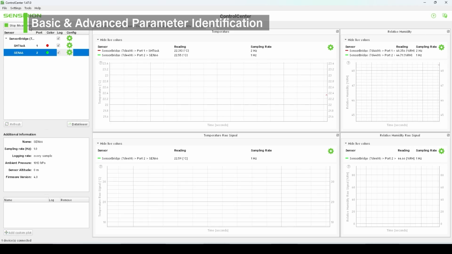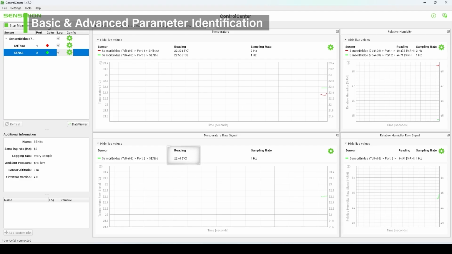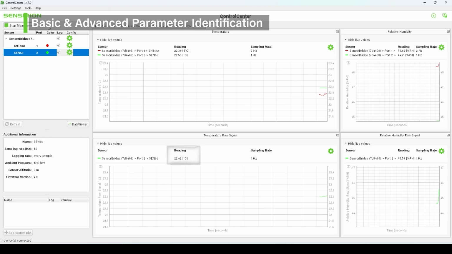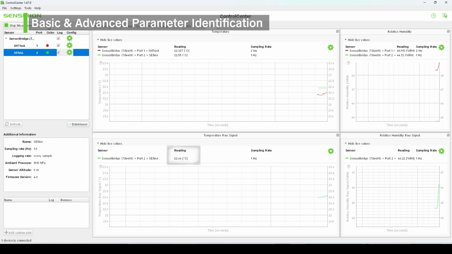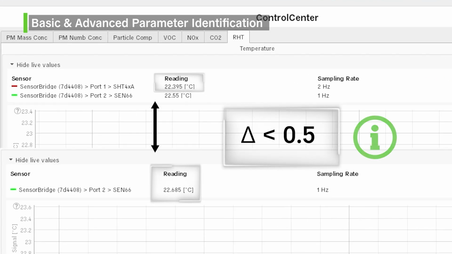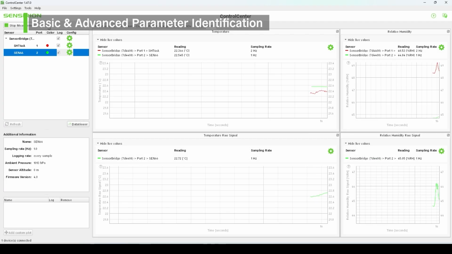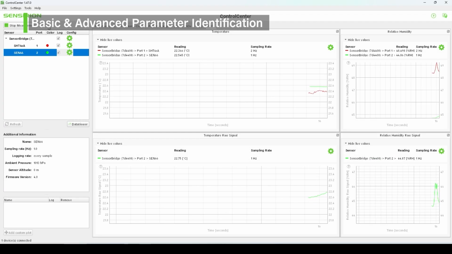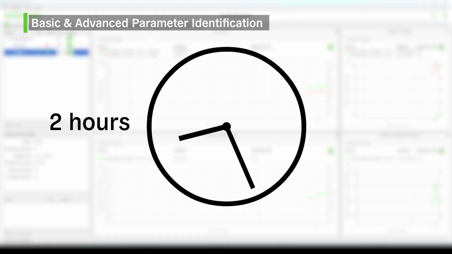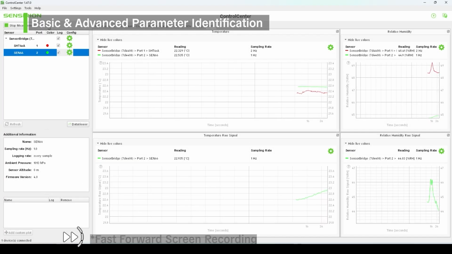Do all those steps as fast as possible and ensure that your laptop will now stay on for the whole procedure. During the first few seconds, check that the raw temperature readings of the Sen 6X, which can be found here at the bottom, and the temperature readings of the SHT4X sensor, found in the temperature plot above, do not differ by more than 0.5 degrees Celsius. If the discrepancy exceeds this threshold, the acclimatization period was insufficient. In that case, power off the setup again by unplugging all devices, wait an additional 2 hours, and then repeat the check. Once the temperature curves align and show minimal deviation, you're ready to proceed.